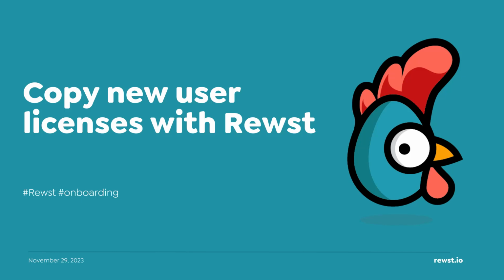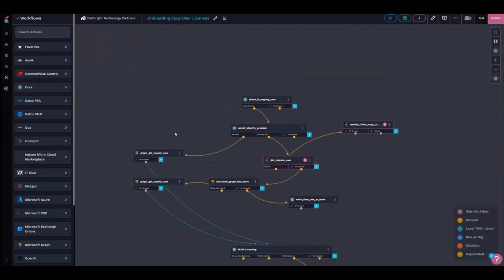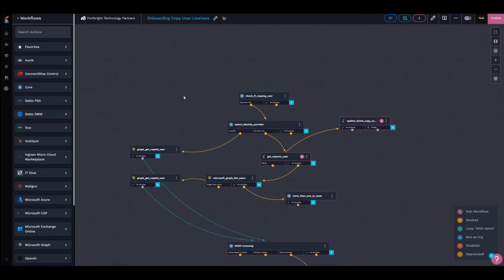So for our technicians, when we're onboarding new users, we have these forms for our technicians to use, and they don't really know what license should be applied to new users. And I know you have the direct M365 license drop down that you can use in the onboarding form, but we don't expect them to know what license to assign to them. So we basically want them to select a user to copy